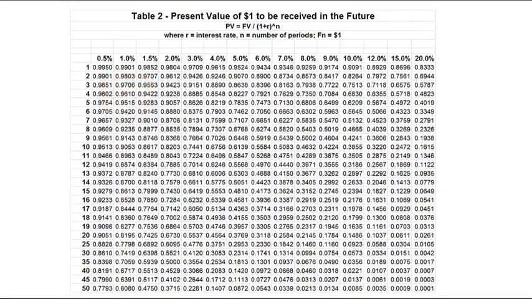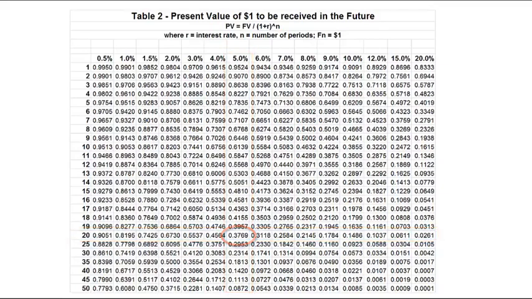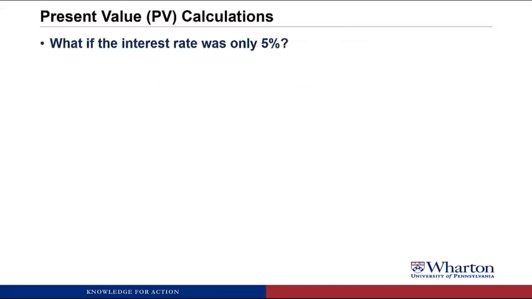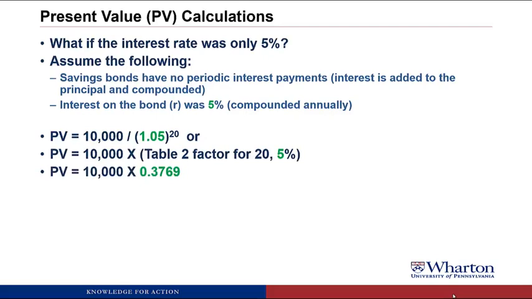Okay, so before we move off of this, let's look at the 20-year row again. But now we're only going to the 5% column, and we can see that the intersection is 0.3769. So if we put that in our calculations, we could either do it with a calculator, 10,000 divided by 1.05 raised to the 20th, or 10,000 times that 0.3769 that we saw in Table 2, you come up with an answer of